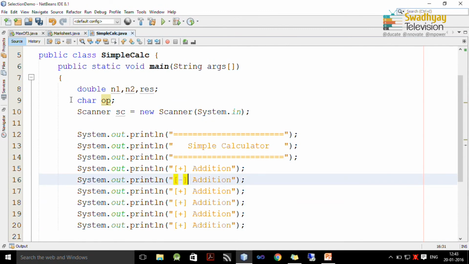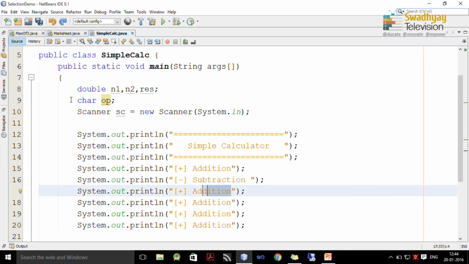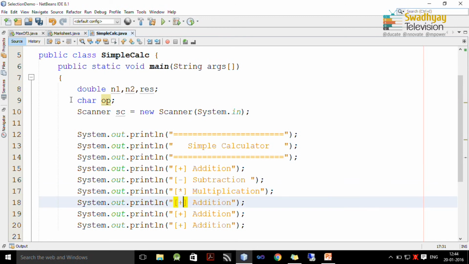So, minus represent subtraction, then multiplication, which is represented by asterisk, division and modulo division.